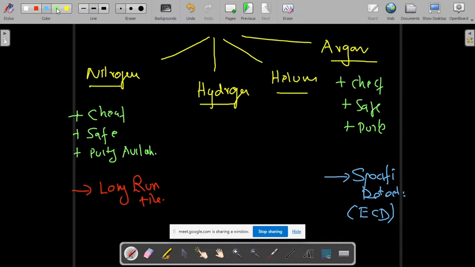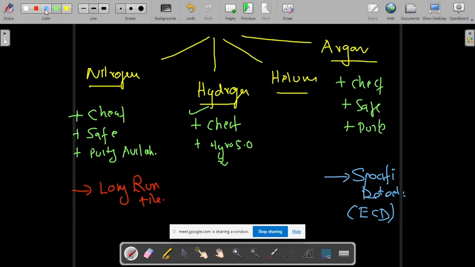So the better option in the industry is hydrogen. The most preferred choice is hydrogen. Hydrogen is comparatively cheap. Purity is not that assured, but the standard available in the market is hydrogen 5.0. Compared to that, you have newer versions of hydrogen with more purity, but it is somewhere in between. So hydrogen 5.0 is the current standard.